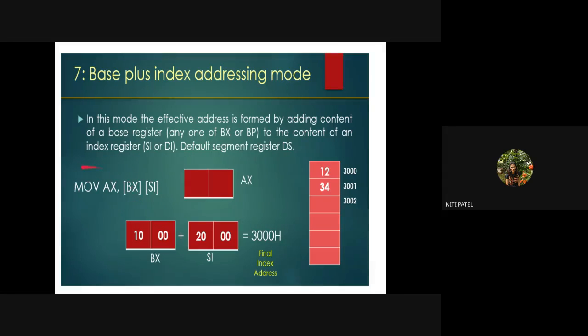So if you see the instruction MOV AX, [BX+SI], does it have an index register? Yes. SI is the index register. Does it have a base register? Yes. BX is a base register. So since it has both, this entire instruction is called base plus index addressing mode. Now look into the chat box. If I write MOV CX, [BX+DI], is it a base plus index addressing mode? Yes. Why? Because it has an index register which is DI. It has a base register which is BX. So since it has both, it is called base plus index addressing mode.